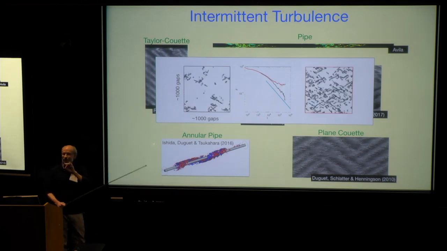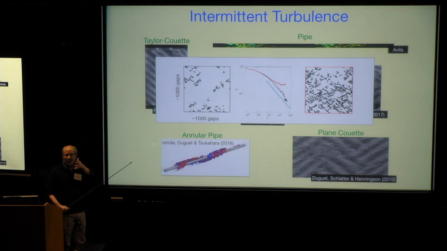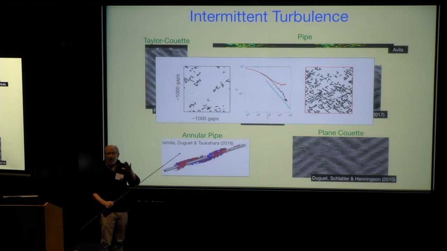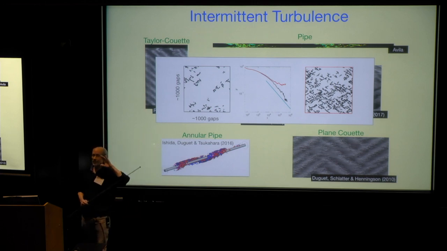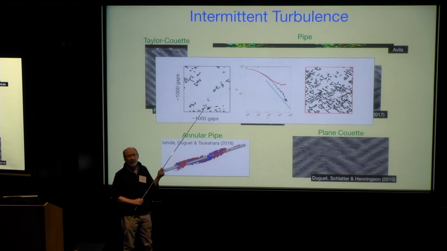Now, I know that the name of this conference is Turbulence on Vast Scales. I'm sorry if I misquoted. And these aren't parsecs, but believe me, in this world, to go to systems that are 1,000 gaps by 1,000 gaps, we call that vast. It is just inconceivable from 10 years ago that we could reach these kind of scales.